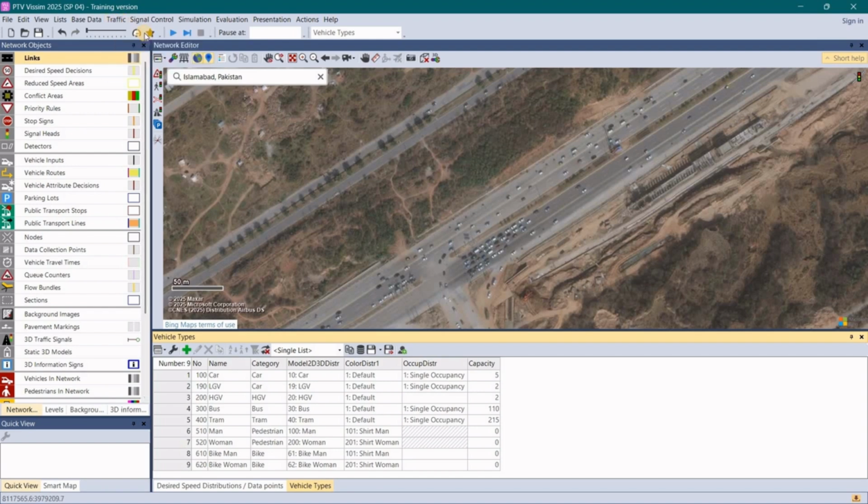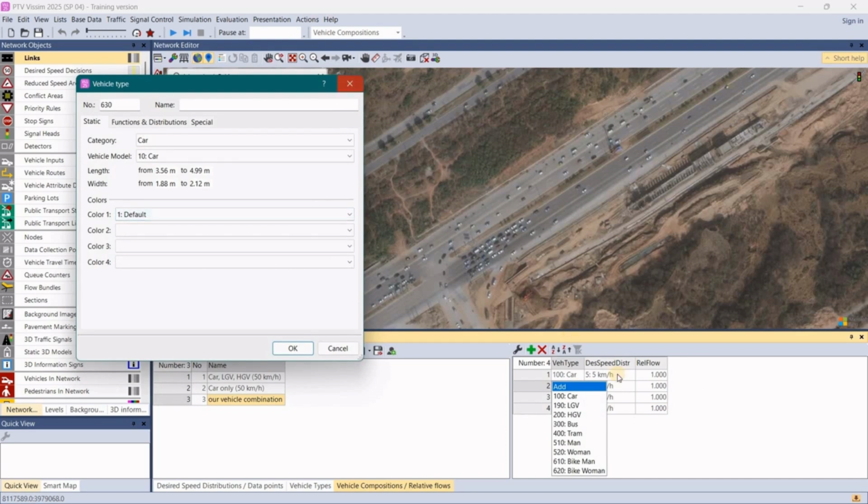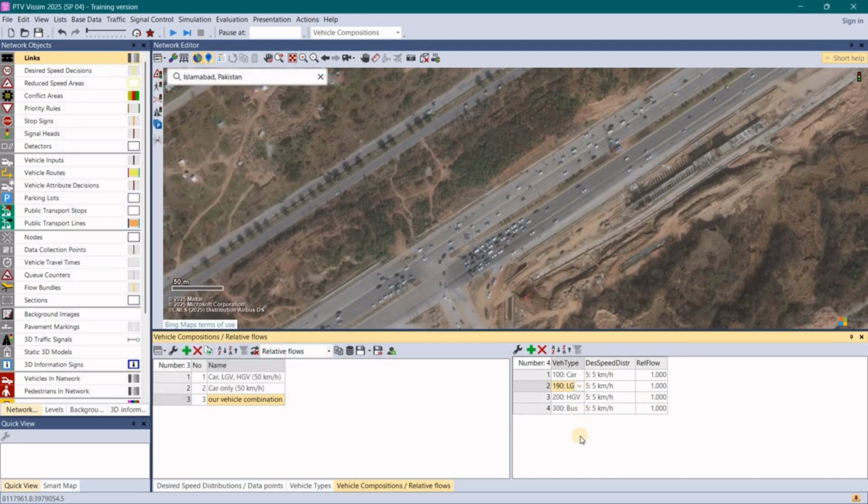After that, you have to go to the traffic, and go to the vehicle composition. By default, two vehicle combinations are defined here. But I will click on the add option and create my own vehicle combination. I will name it our combination, and I will define 4 vehicle types: one, two, three, four. First will be the car. Second will be HGV. I will select here bus, and bike. And after defining all the vehicle types,